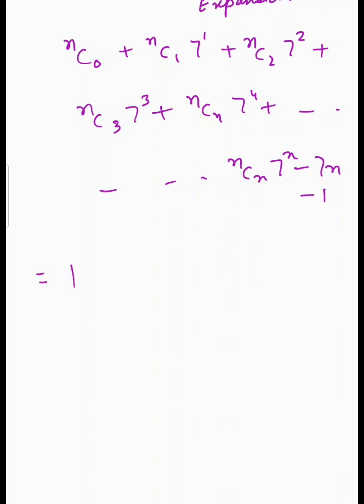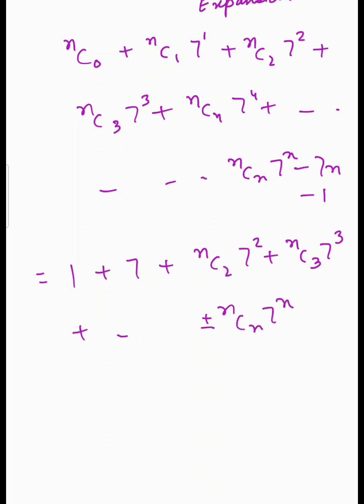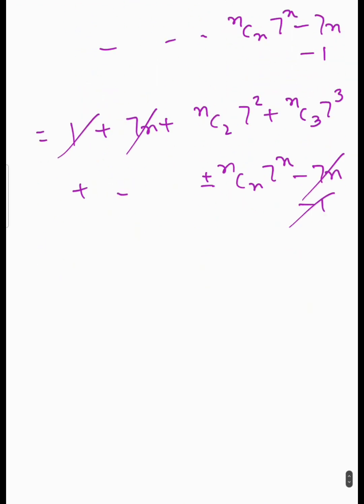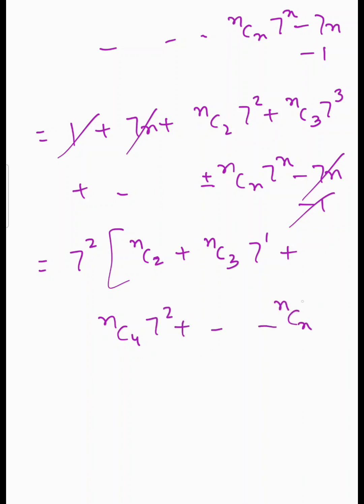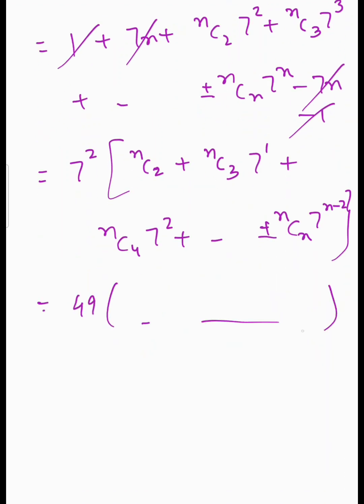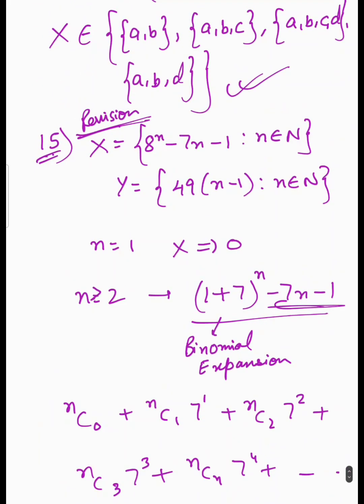nC0 क्या होता है? 1, और nC1 भी n होता है, इंटू 7, 7n प्लस nC2 7 स्क्वायर प्लस nC3 7 क्यूब प्लस सो ऑन डॉट डॉट डॉट nCn 7 टू द पावर n माइनस 7n माइनस 1। ये यहाँ पर 7n होगा, 7n और ये कैंसिल हो गया और ये भी कैंसिल हो गया। और फिर क्या करना होता है? 7 स्क्वायर कॉमन जा रहा है सबसे, तो 7 स्क्वायर कॉमन ले लिया, तो फिर यहाँ पर बचा nC2 प्लस nC3 7 टू द पावर 1 प्लस nC4 7 टू द पावर 2 प्लस सो ऑन nCn 7 टू द पावर n माइनस 2। मतलब 49 इसका एक कॉमन जा रहा है, तो मतलब 49 इसका एक मल्टीपल है। ठीक है, कोई प्रॉब्लम नहीं है।